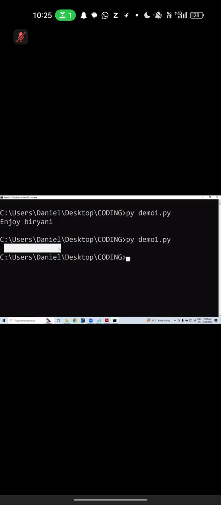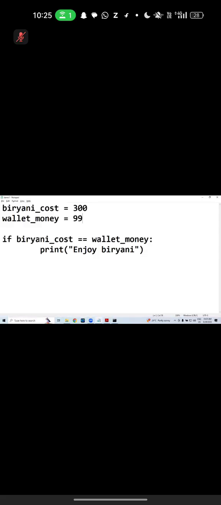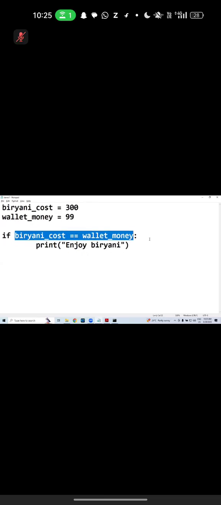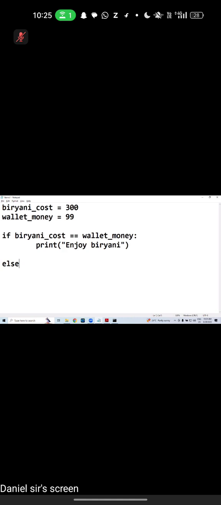You have to show some what, Saji? Output. But if the condition result is false, what happens? It is not displaying anything. Then the else keyword is required to display something. The else syntax is the else keyword, then a colon symbol.